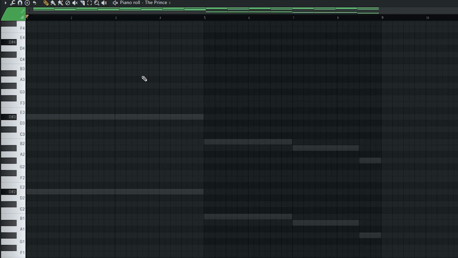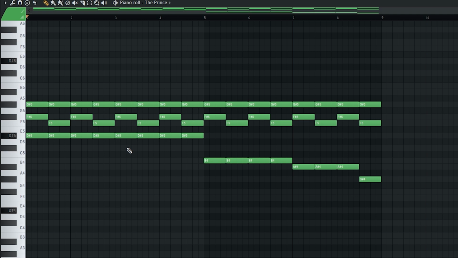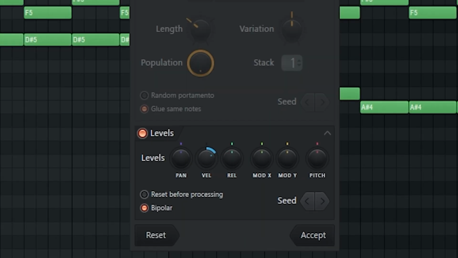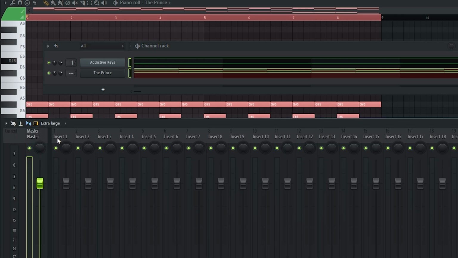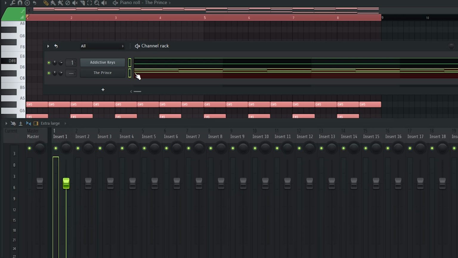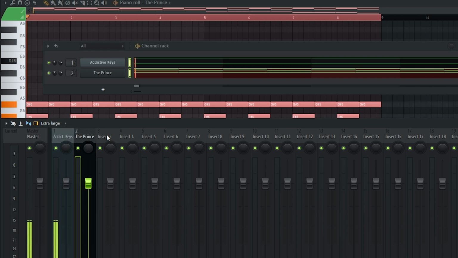And with this, what I'm going to do is randomize the velocities of this. So I'm going to hold Alt R, just use this knob right here, click accept, and then I'm going to link them both to the mixer so I can add some effects. So I'm going to select everything, click on the first mixer track, hold Shift, Ctrl and L, just link everything, and then I'm going to go over to the pad,